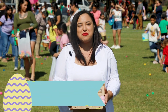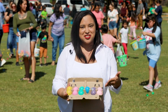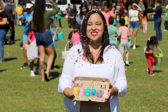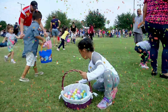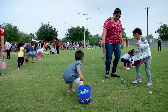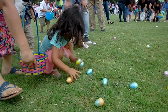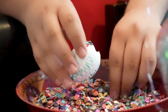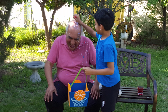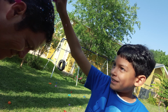On this special edition of McAllen's Zone, we see how two city employees are working to keep the Cascarones tradition alive. So here's a look. A colorful egg filled with confetti, and lots of it. The decorative eggs, also known as cascarones, have become an Easter tradition passed down from generation to generation for Mexican